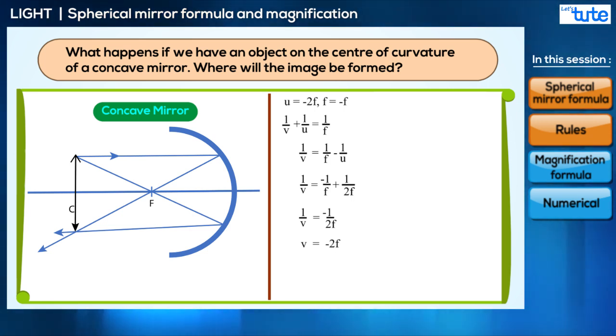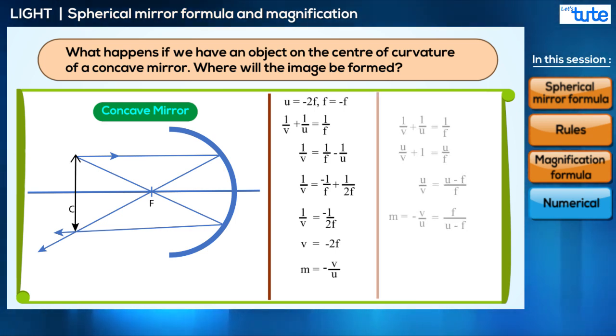So our formula gave us the same results as the ray diagram, but the formula can give us even more information. The magnification of a spherical mirror is given by this formula. If we now look at our mirror formula and multiply both sides by u, we can see that magnification is given by this formula, which just requires the focal length of the mirror and the object distance. Thus, not only does the mirror formula give us the position of the image, but also the size of the image with respect to the size of the object.